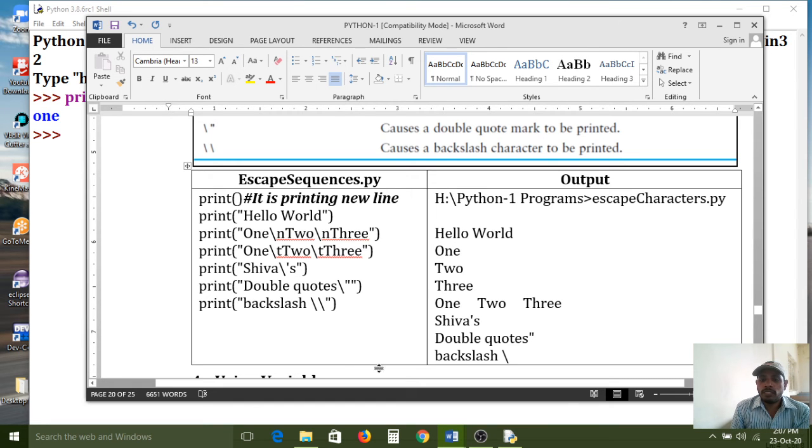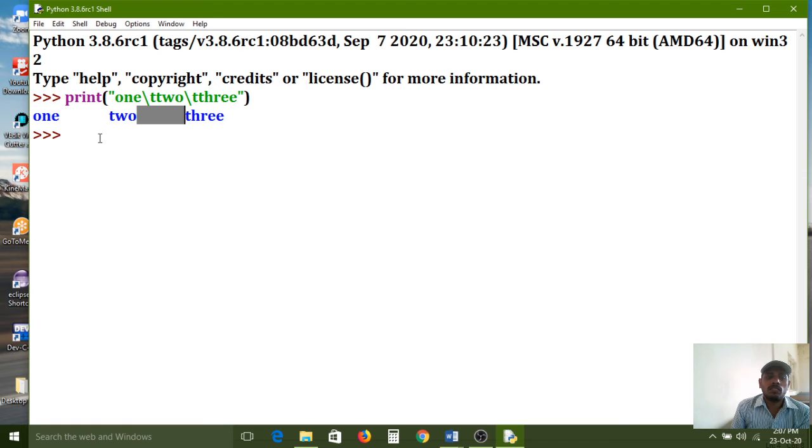single quote. Just a single quote I need to use here. Print in between brackets, in between double quotes, I want to print a single quote. That is also one of the constants. Actually, where do we have to use this one?